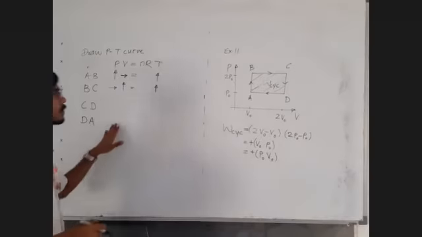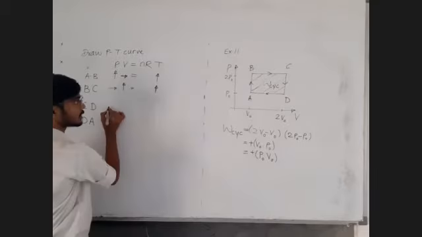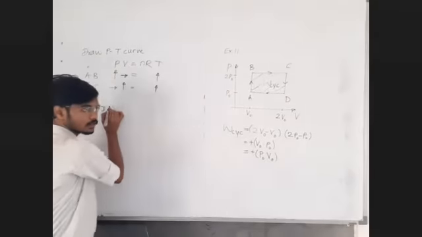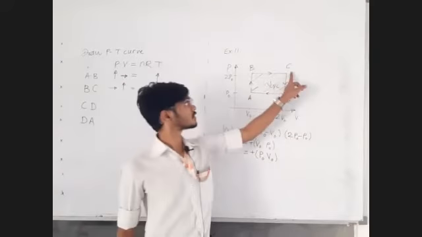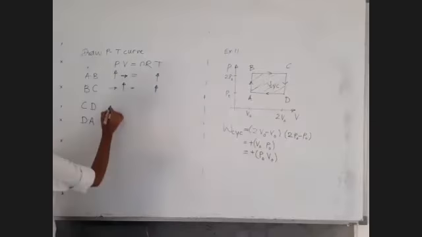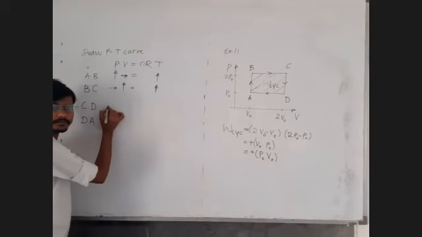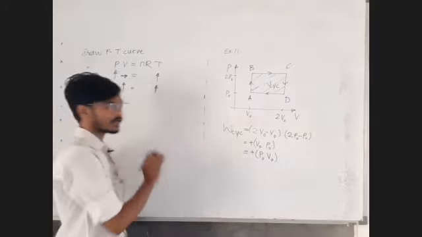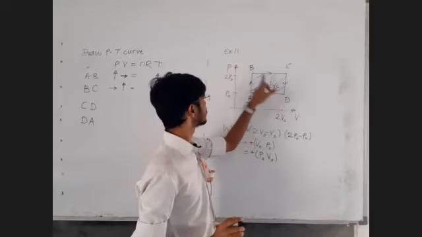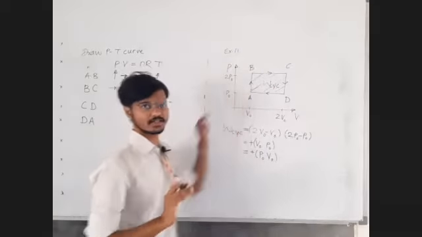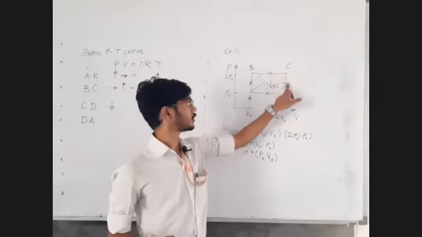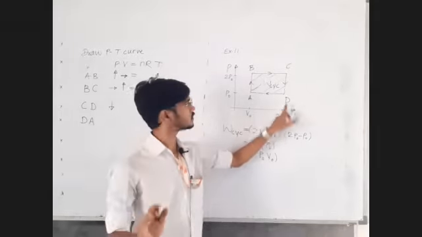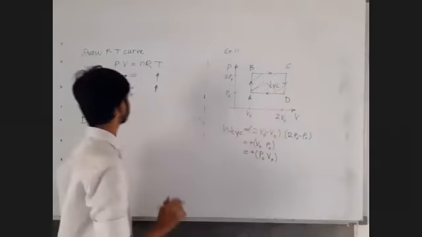Fine, sir. Now in the process C to D, what shall I write here? Increase, decrease, constant? Pressure: increase, decrease, constant? Correct. So now everyone can see that in the process C to D, it is very obvious that the pressure is decreasing. What about volume? C to D, what is the volume? Constant.